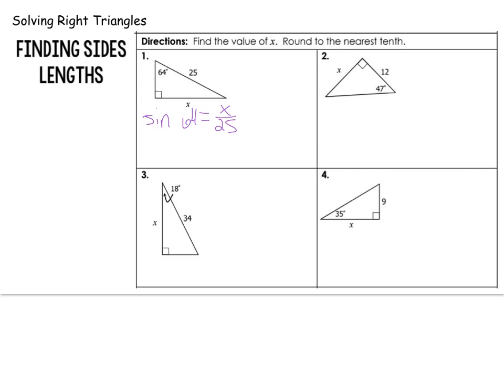So you're going to take the sine of 64 degrees, use your calculator. That is 0.8988 if we take it out to 4 decimal places. And that is x over 25. Then we're going to use our equation solving skills. We're going to multiply both sides by 25. And this says to round to the nearest tenth, so we get x is about 22.5. So we found that side measure using the